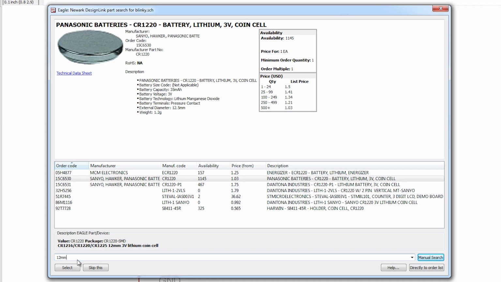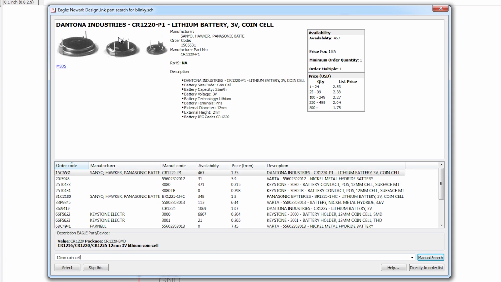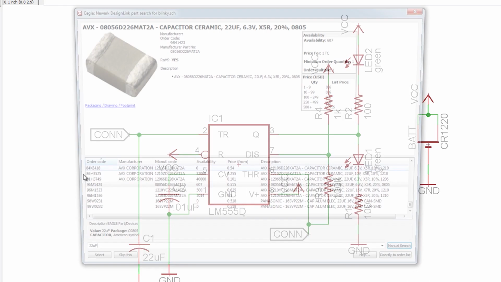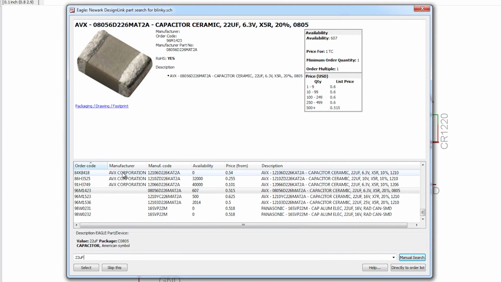So let's search for a 12mm coin cell to see if that finds what we want. Okay, that's not it. Nope. Okay, there we go. That looks like it. That's our little battery contact 12mm cell, surface mount, perfect. Hit select and it'll add it. And that's actually adding an attribute to the part on your schematic